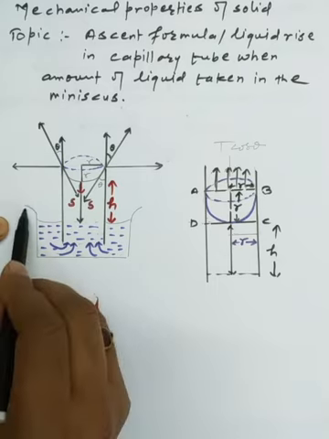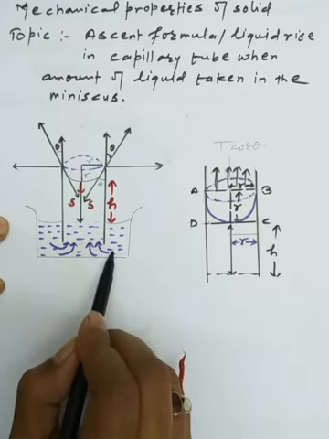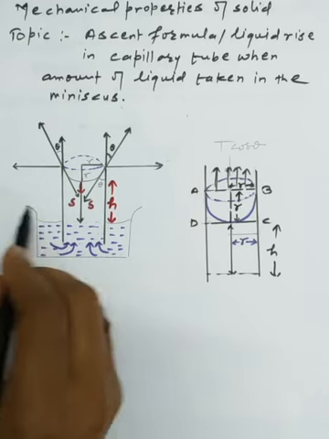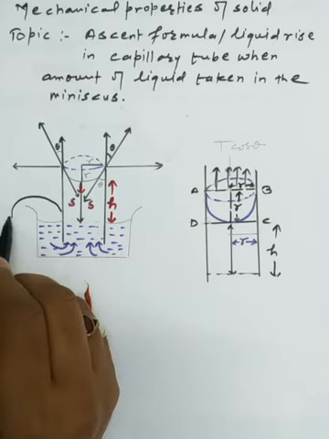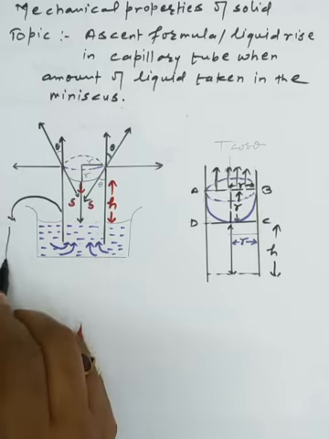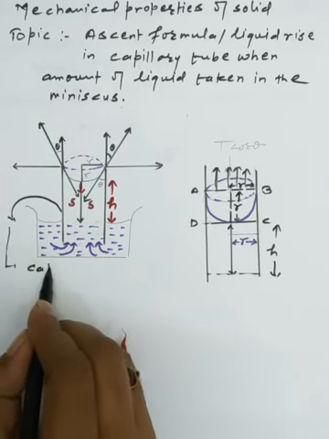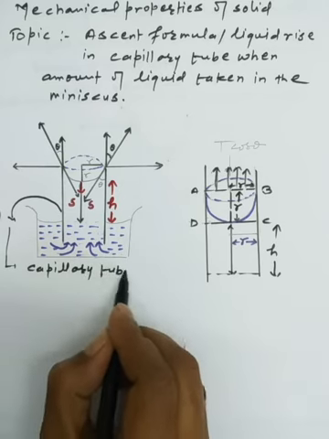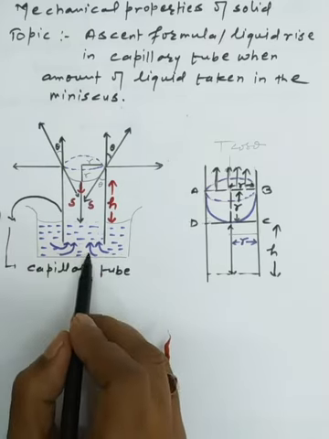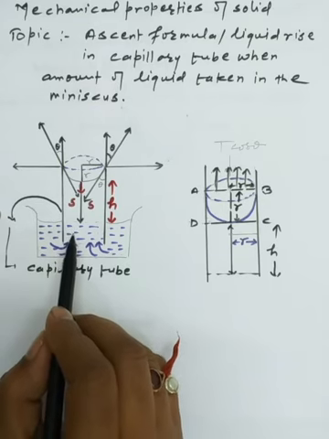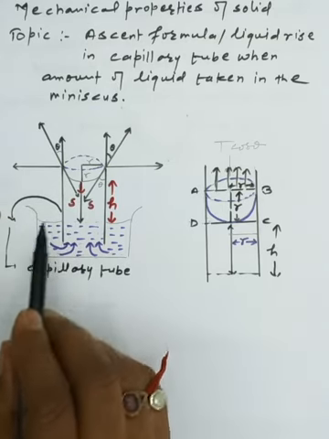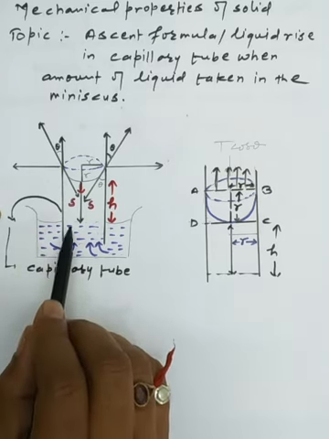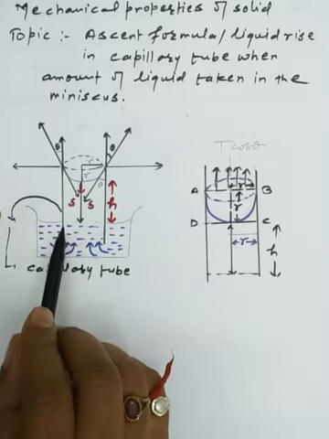So here I have made the imagination of a liquid bowl, and inside we are just taking a capillary tube. So this is simply the portion of the capillary tube we have, and we have dipped this one capillary tube inside the liquid. So what will happen, the liquid rises up inside the capillary tube. Okay, so the liquids that wet the wall of a vessel always rise up inside the capillary action.